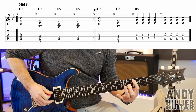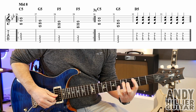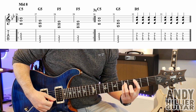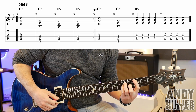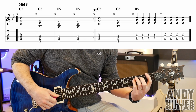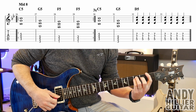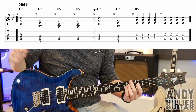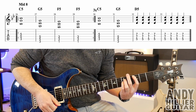So it's a C power chord, A3, D5. I've also put a G5, it's optional on there. For a bar, just hitting it, and then you go up a string to a G5. And take it down to the first fret for an F5 for 2 bars. So bars 26, 27, 28, and 29 go 1, 2, 3, 4, 1, 2, 3, 4,